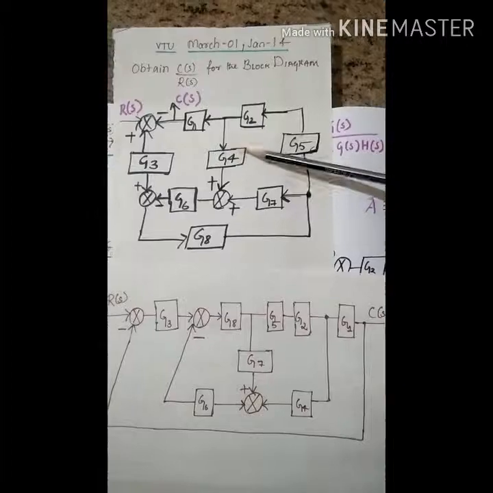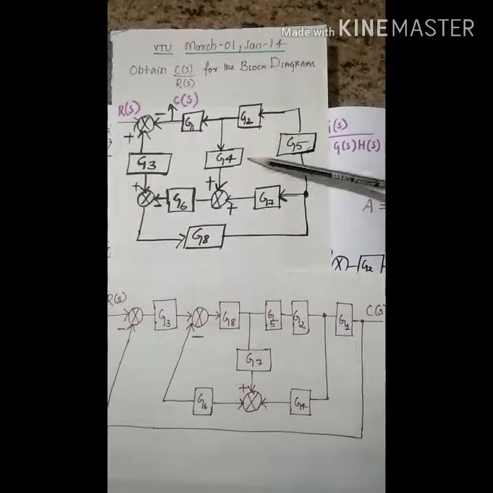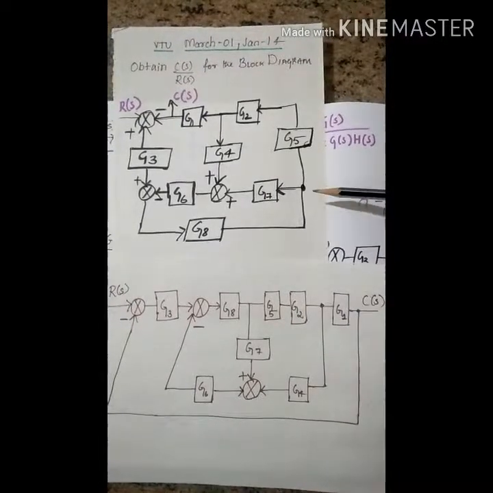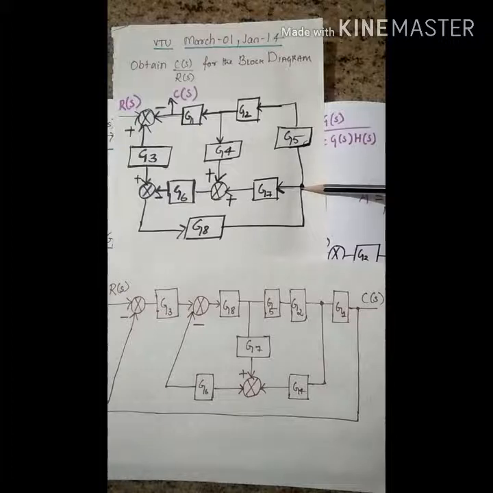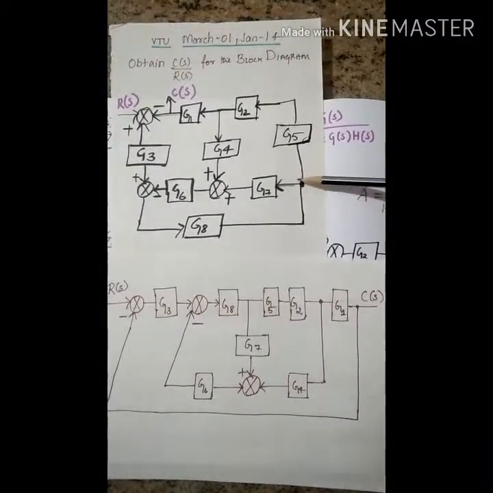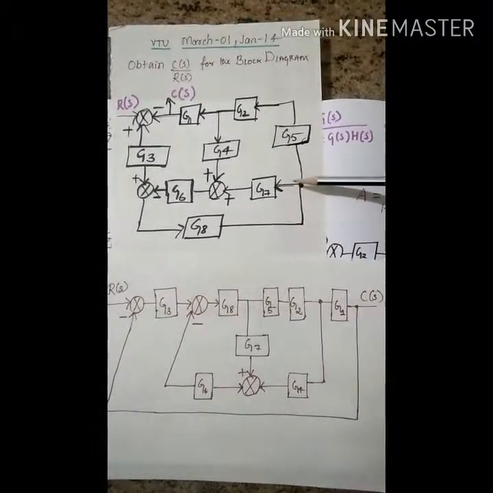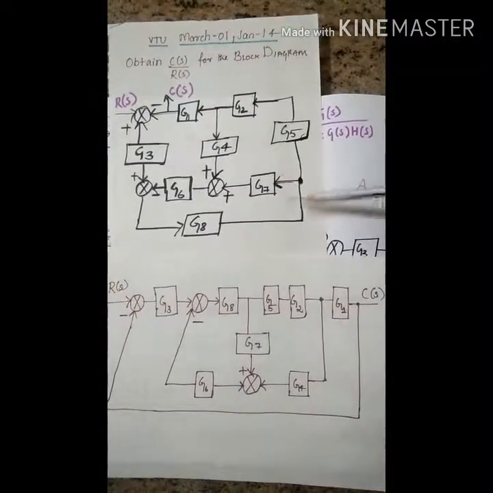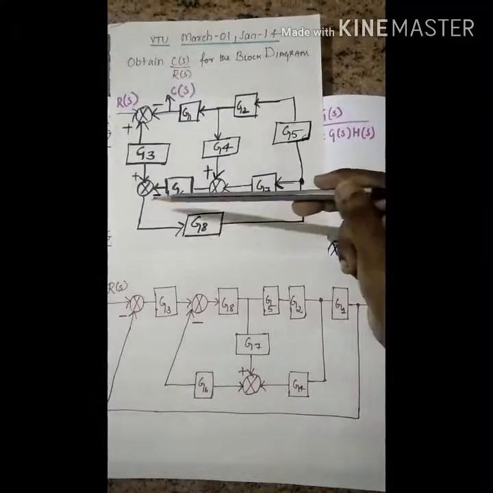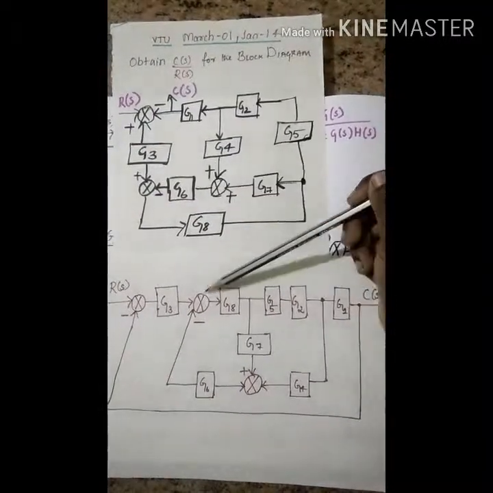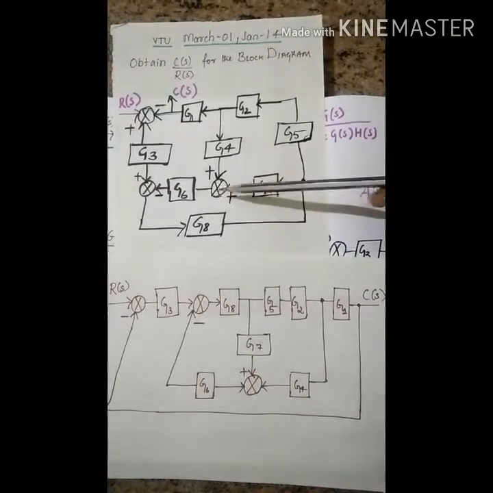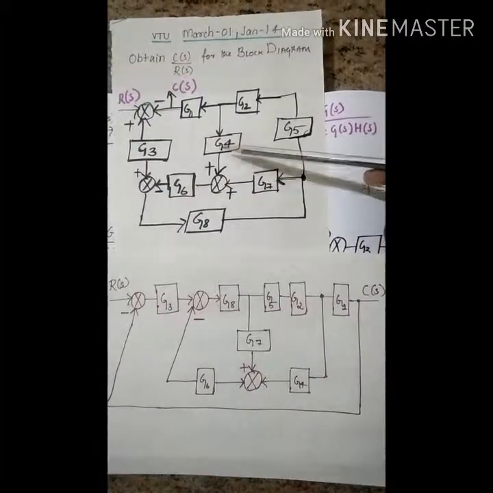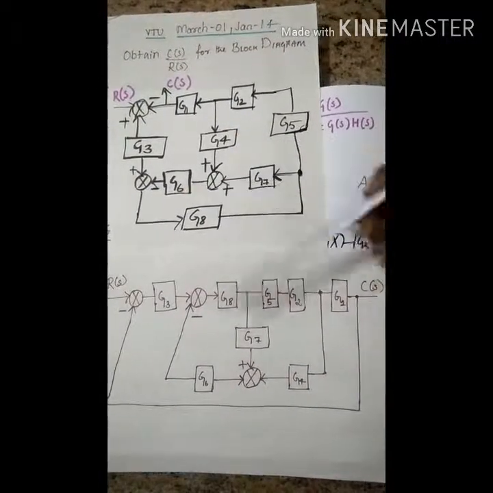Now using this you can't solve, you have to rewrite the same problem separately, which I've rewritten here. As you can see, this G7 takeoff point is connected to various branches, like it's connected to G2 and G5 as I've written here. It's connected to G8 and G8 is in turn connected to a summing point which connects G3, and G7 is connected to an intersection summing point which I've written here, which has G4 and G6,